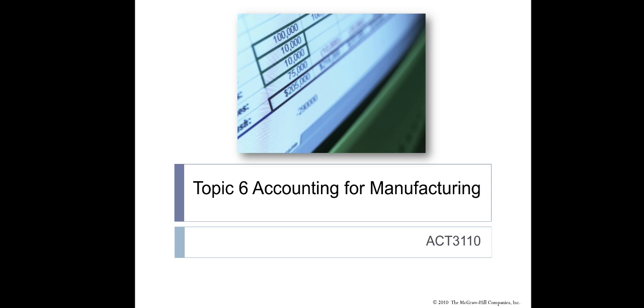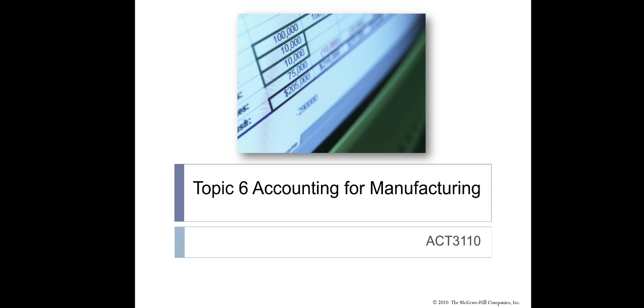And we will start a new chapter today. So, the new chapter is topic 6, accounting for manufacturing. Topic 6 is the first topic for management accounting. Remember I have told you at the beginning of the semester, in this course you will learn